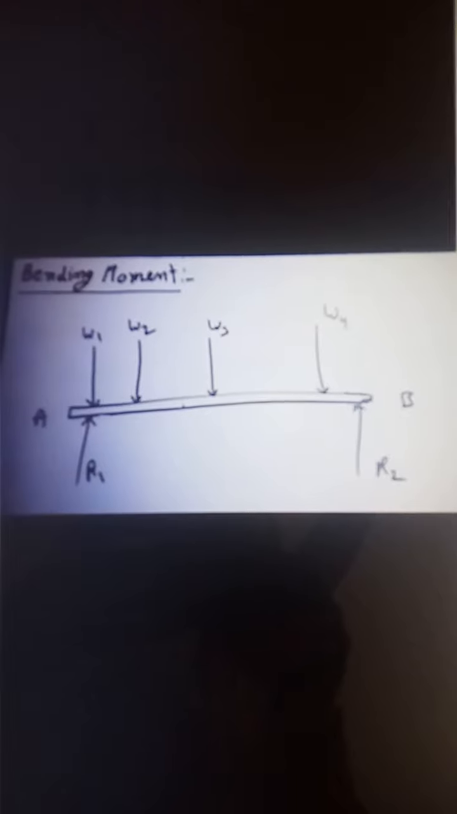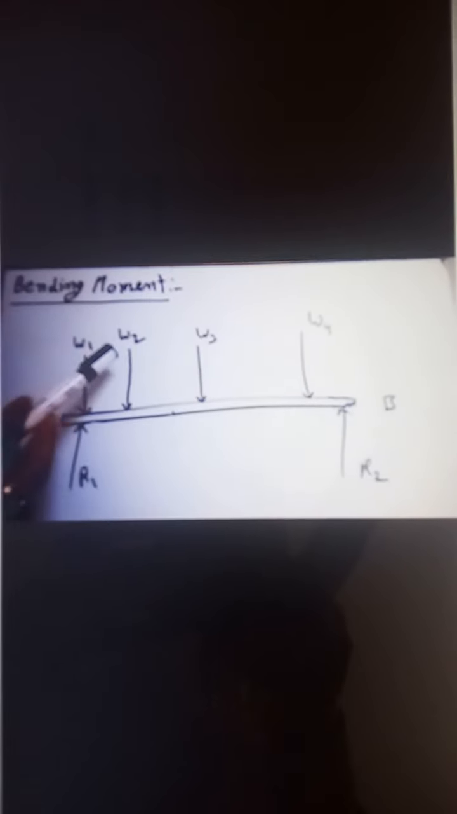So let us consider a member AB, which is simply supported at two points, that is A and B, and carries 4 loads, that is W1, W2, W3 and W4. These are the 4 loads which the member is carrying, and the reactions at the supports are represented by